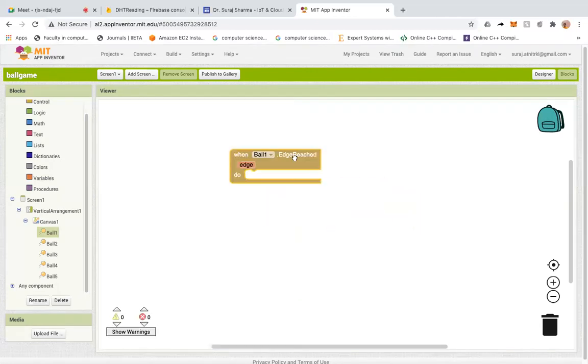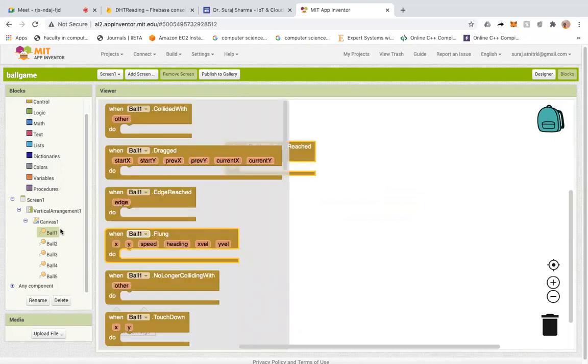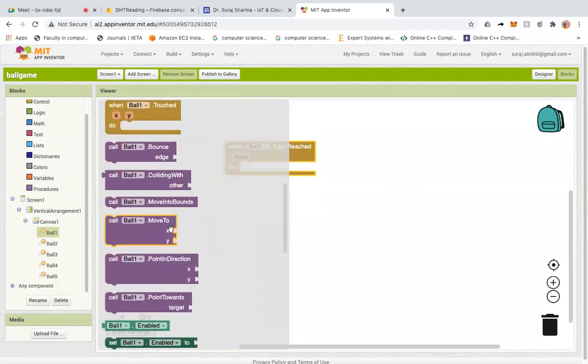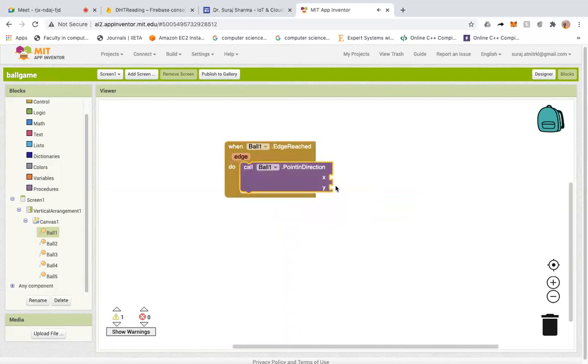So whenever a ball reaches the edge, the same ball will be given a direction. There is an option like Ball.PointInDirection that we will take. We have to give an X and Y direction because the screen is a 2D screen.